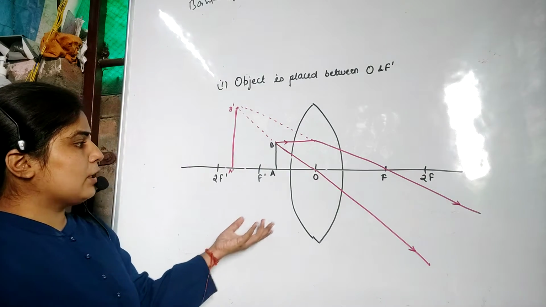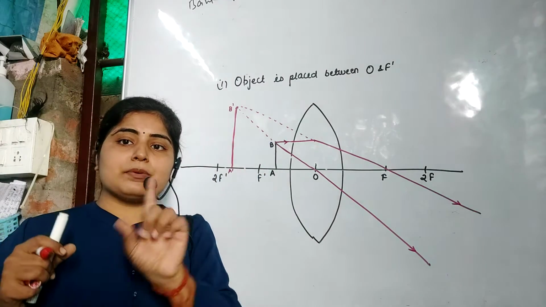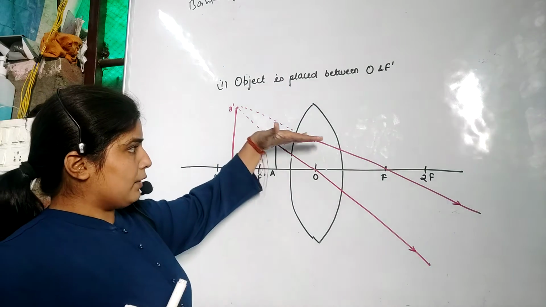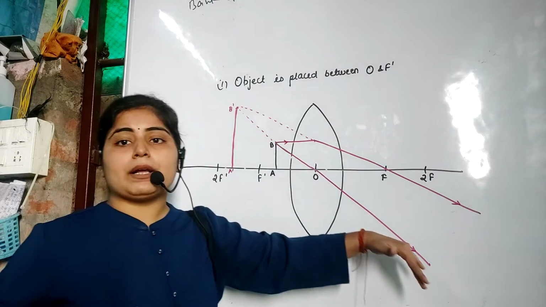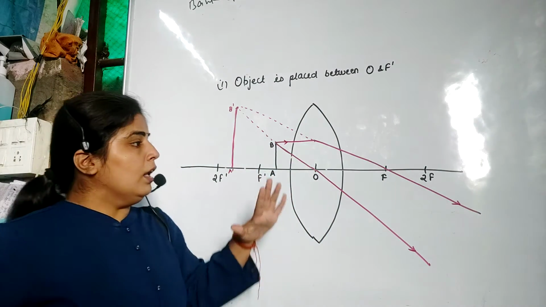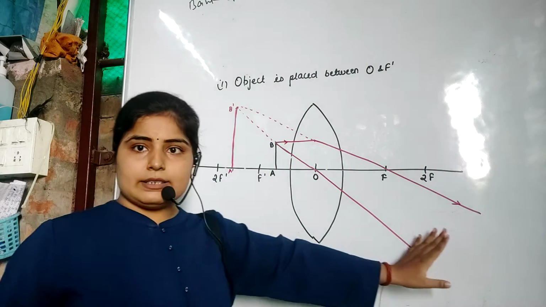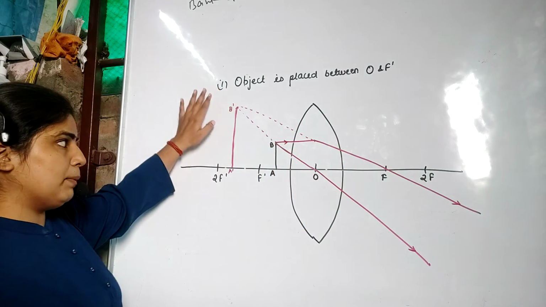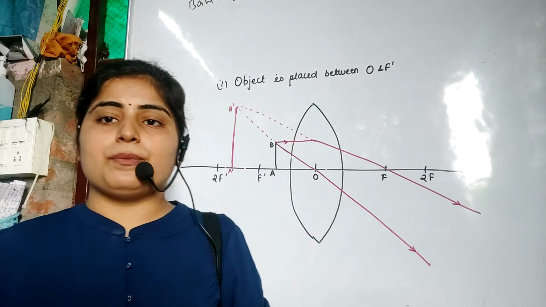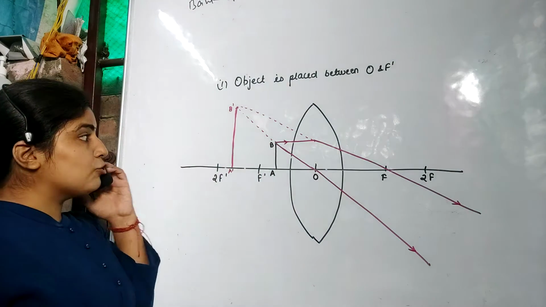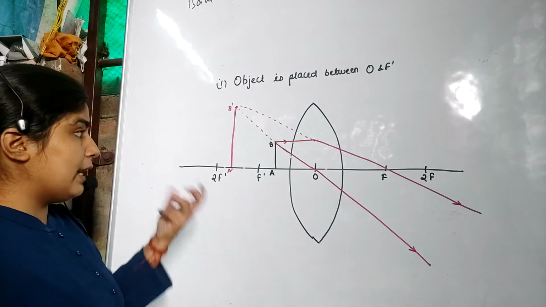I am just explaining it again. Suppose that the object is placed in between the optical center and the focus. So we will apply any two rules. Suppose the first rule is a ray of light which is parallel to the principal axis passes through the focus. And the second rule, a ray of light which is passing through the optical center will be undeviated. Okay. These two rays are divergent rays, so they will not meet on the right side of the lens. Whenever we produce them backward, they will meet. So here the image which is formed is virtual in nature. Okay, because actually they do not meet, but by producing them they are meeting.